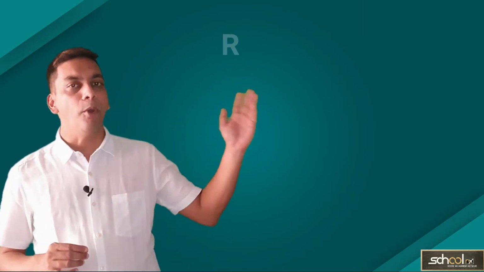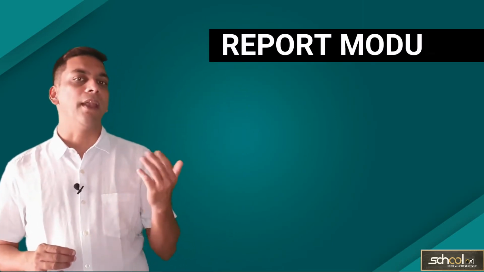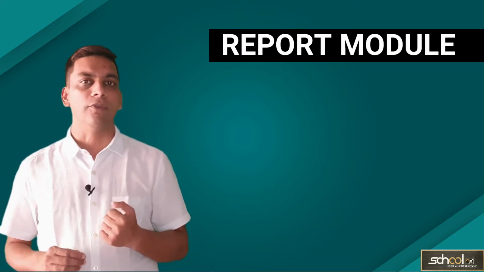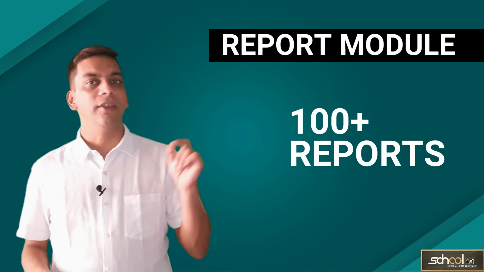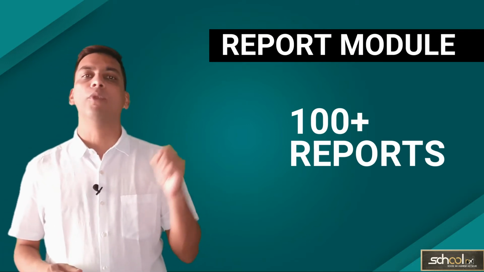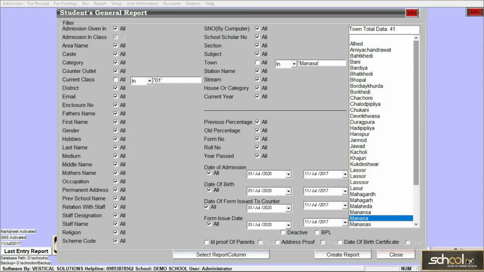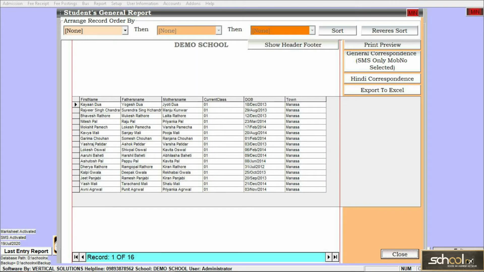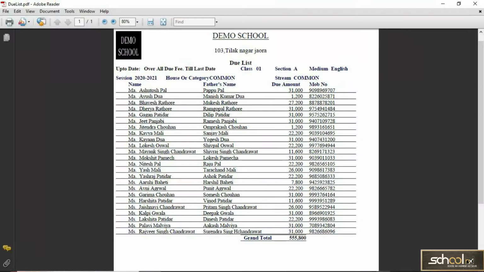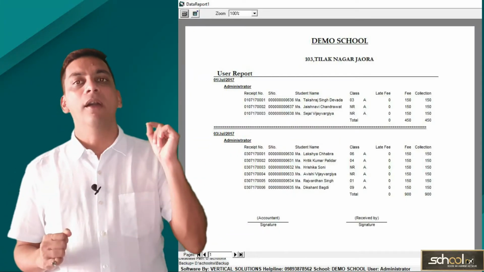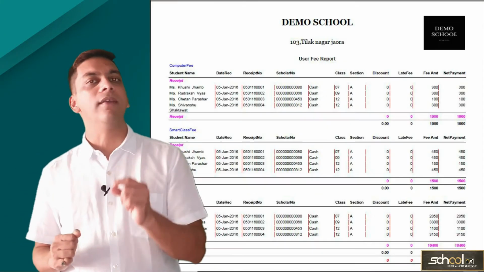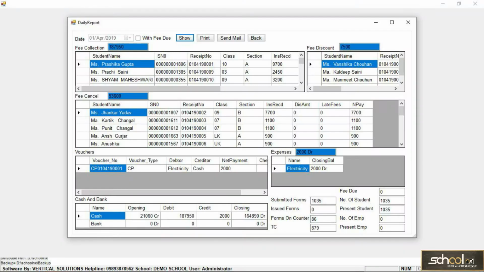Next, we have our report module. It is the most important module to analyze academic and financial reports of an institution. We provide more than 100 reports. We have varieties of student reports such as caste, category, age-wise, etc., usually required by government records, and it automatically filters them as per your need. It also provides default list, reminder list, daily collection report, detailed class register, scholar register, and reports for attendance analysis. With a single click, the owner gets a daily report via email informing of all the school activities happening in their presence or absence.